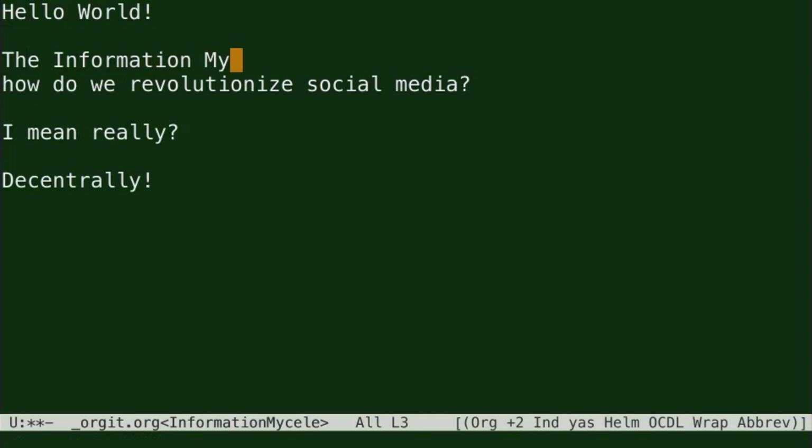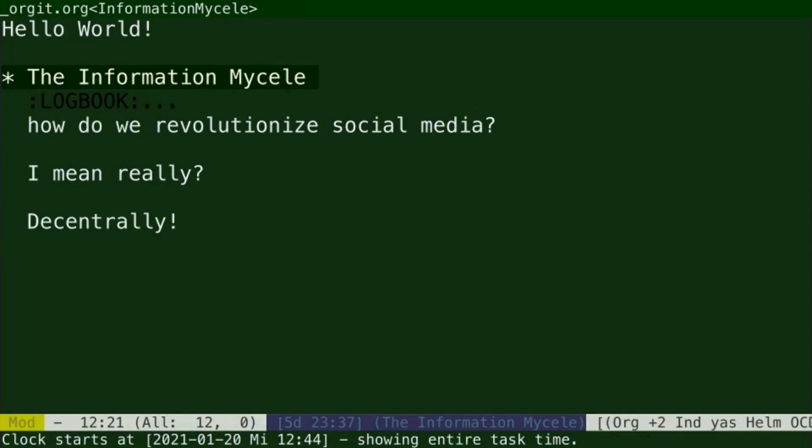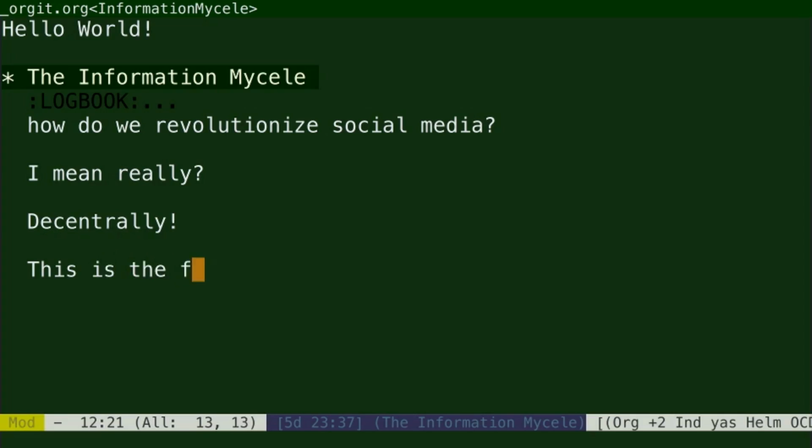The idea is to collaboratively create an information mycelium. A mycelium is the network that fungi create in order to transport different molecules, nutrients and toxins out of the organism.